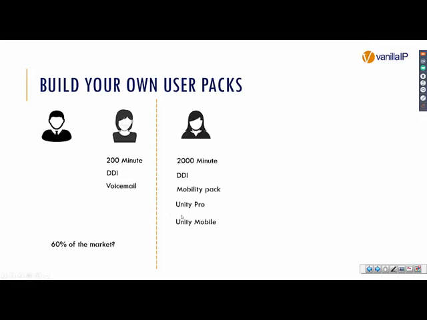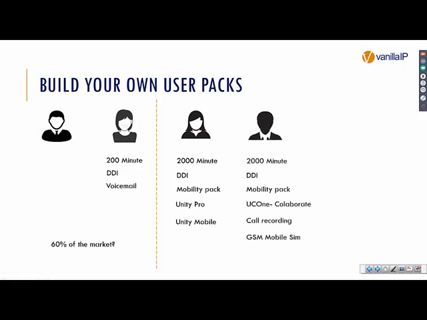So in my next example, I've built up something which has more minutes. We've got a more dynamic phone user. I've introduced the mobility pack. This person may or may not be staying in the office or just around the desk environment. They may be roaming around a wider site or around the country itself. And I've brought in a combination of a couple of products here, Unity Pro and Unity Mobile. So I'm going to use instant message perhaps. I'm going to use screen capabilities both on a mobile and on a desk phone to really get the best out of it. So there's a pack that I could easily see attracting one of the top 40% of users